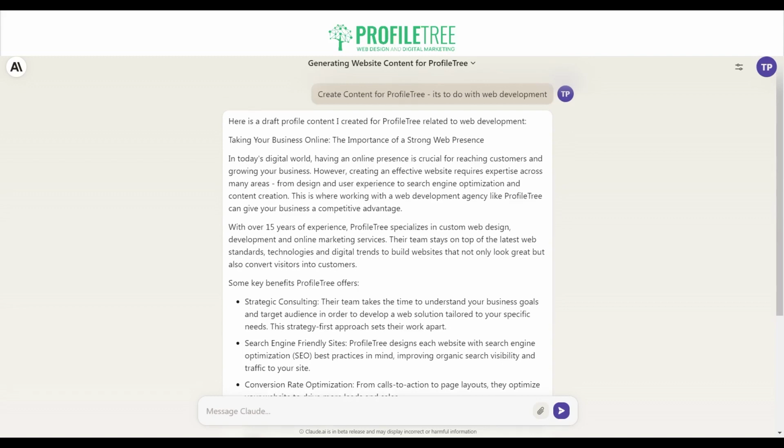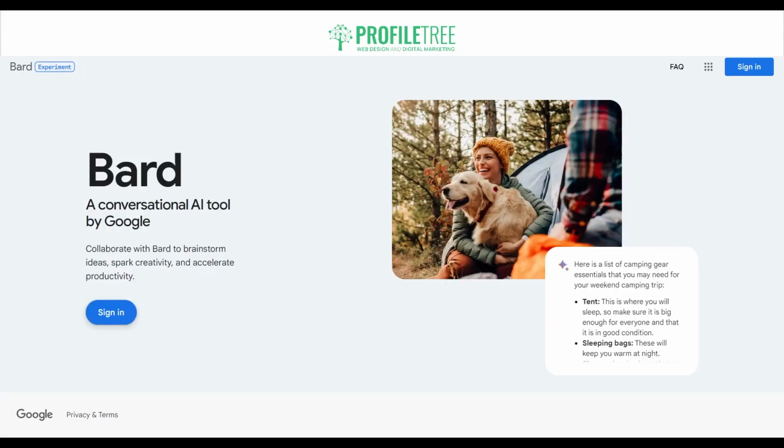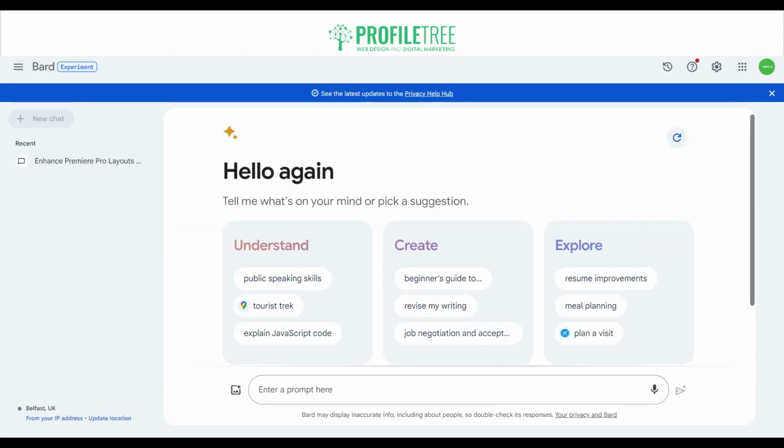Now, as well as both of these platforms that we looked at, there is a free tool that you can use called Bard. Now, Bard is free as well to sign up to. So I've just went ahead and logged in just to showcase what Bard is all about. So this is Bard itself. Again, it is free to sign up, so please feel free to do so. Now, what's best about it is it does have majority of the information for Google.